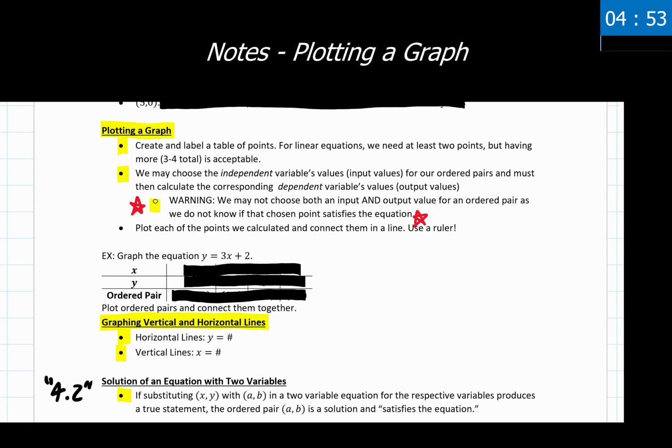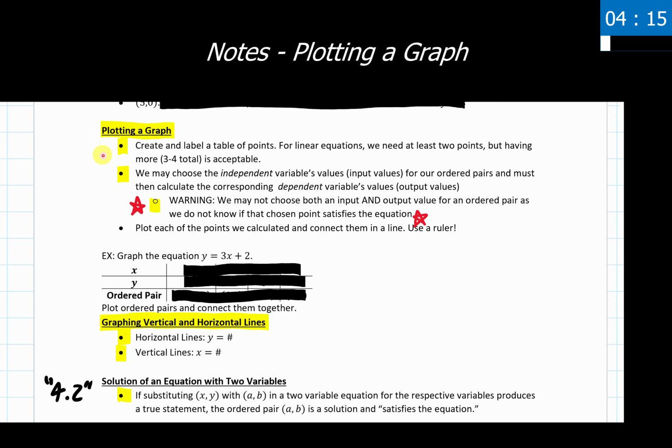The second part of what we're going to discuss today is how to plot a graph. Maybe we're given some sort of an equation like we have down here, y equals 3x plus 2. Maybe it's something like y equals negative 4x minus 13, something along those lines. How do we go through and actually plot that thing on a set of axes? So we're going to go through over the course of chapter 4 a couple different ways that we can go about doing that. So this method that we're going to go through this video is not the only one that is available to you. We will learn more later on.